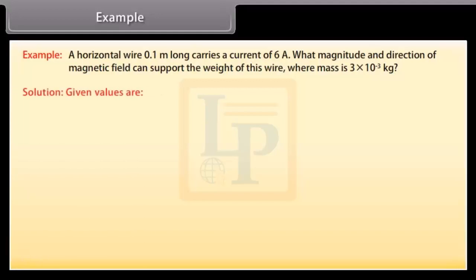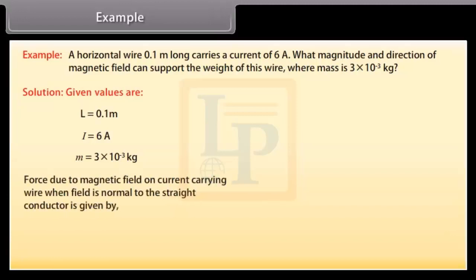Let's see the solution. Here, the given values are L = 0.1 meters, I = 6 amperes, m = 3 × 10^-3 kilogram. Force due to magnetic field on a current-carrying wire when the field is normal to the straight conductor is equal to BIL. Weight of wire is given by mg. On comparing these two equations we get